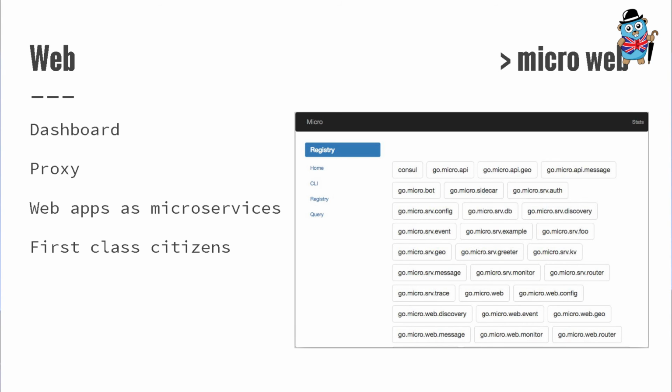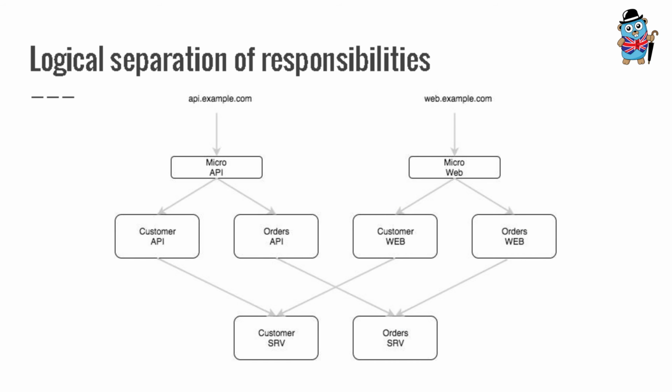There's also a web dashboard, and for me, it was just, I needed a way to visualize what's going on, a simple way to look at stuff. But also, it comes with a built-in reverse proxy, and the idea was, when we were at Halo, we were building web apps as microservices, and I find that to be a really powerful concept. And I thought, I want to continue on with that as well. So it allows you to do that. And it uses the same kind of path-based resolution as the API to let you break down your domain into many web apps.